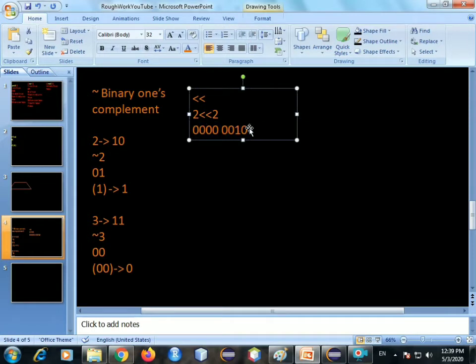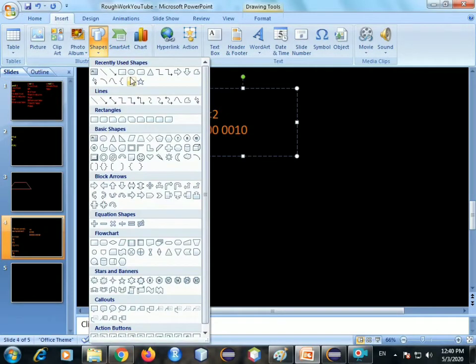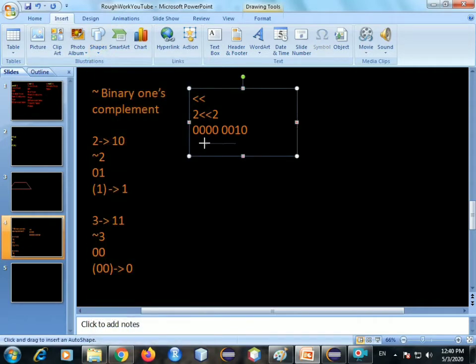So what it is asking me to do is shift each number here twice towards the left. Let me show it to y'all pictorially.